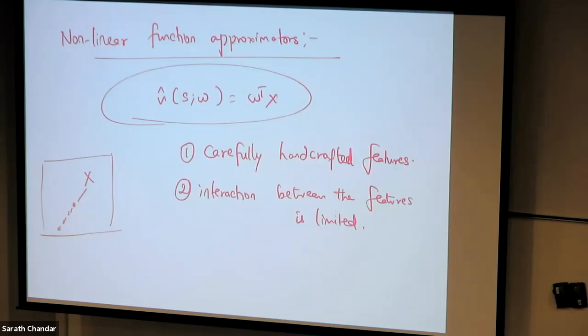Now, the question that we should ask here is, can we do better than this, right? Can we come up with a method which would automatically learn the features and the interactions between the features? If we can automate that, then we have added extra power to all the RL algorithms that we have seen so far, because now I can apply these algorithms to any task, and with reasonable extra work, it is going to perform out of the box, yeah?